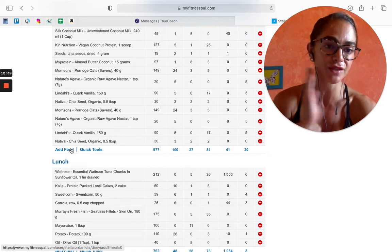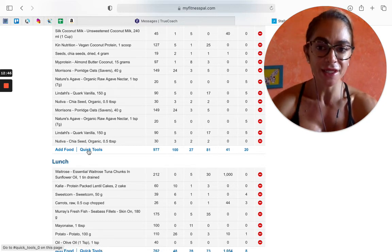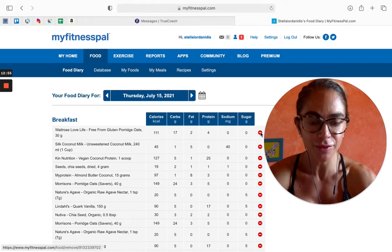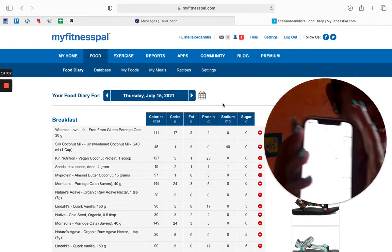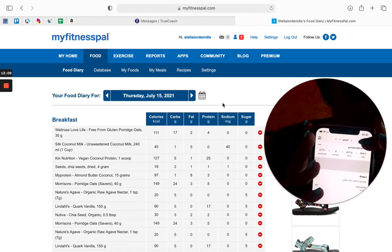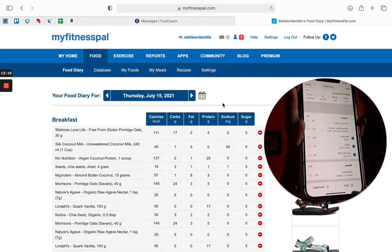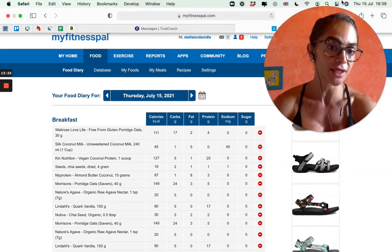By the way, these are foods that I have saved for many, many years. So the protein that I'm using right now is not the protein that you're seeing here. But that is, for example, a quick way of doing it. And how do you do that? You go on Edit. I don't do it from the computer normally, but from the app, I'll show you here. So from the app, if you want to save a meal that you eat quite often, you go up here where it says edit, yeah, and then it allows you to select either lunch or individual ones, and then you can go on either copy for the next day, or you can go as save as a meal. So like this, you save time on tracking,